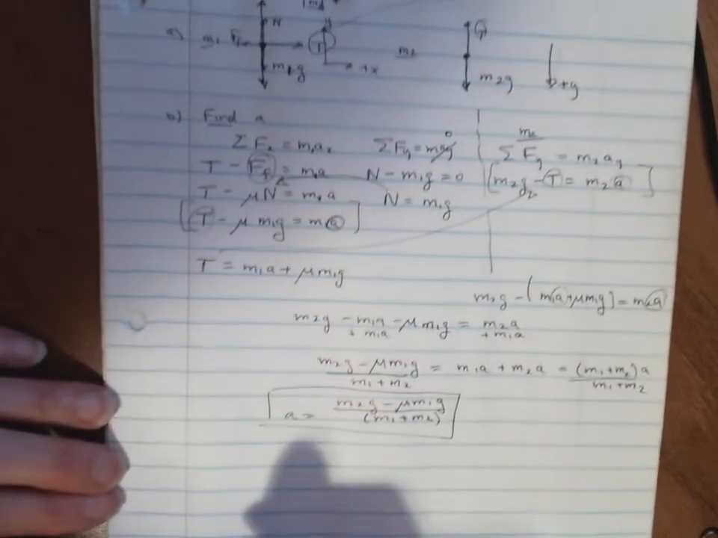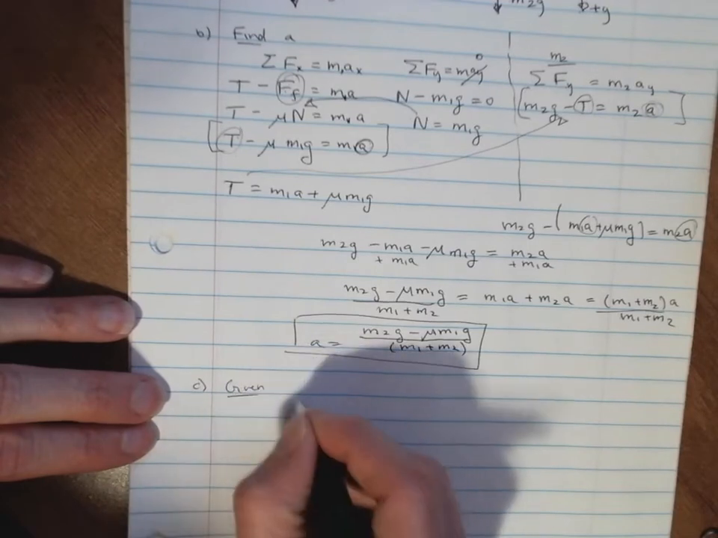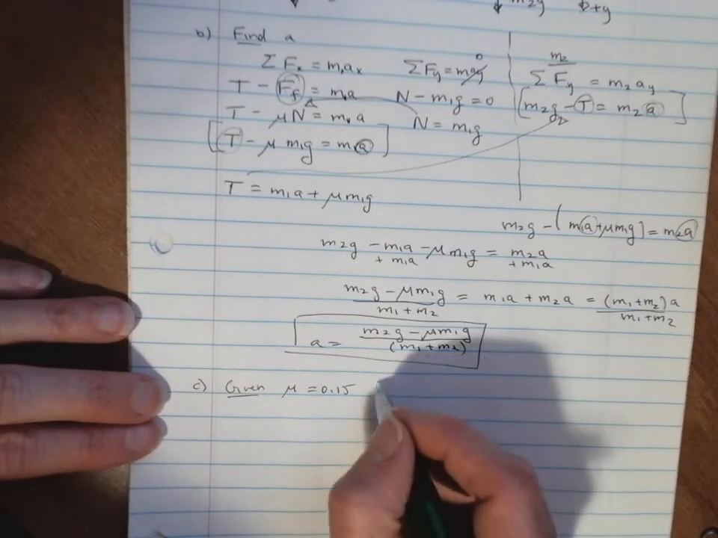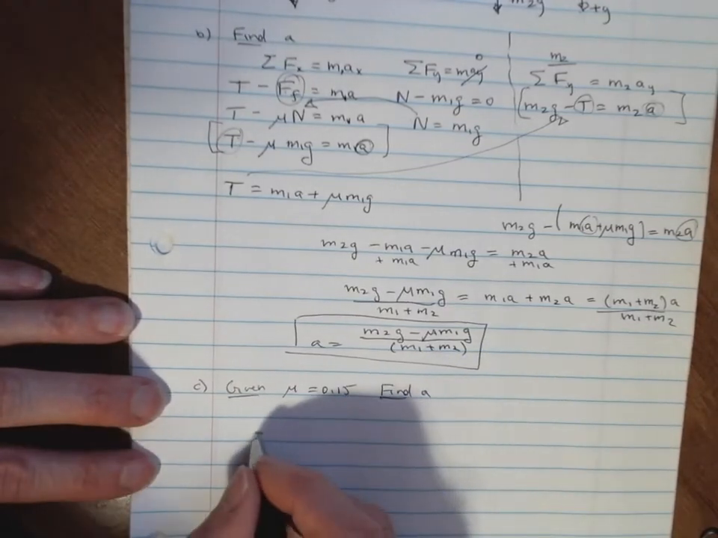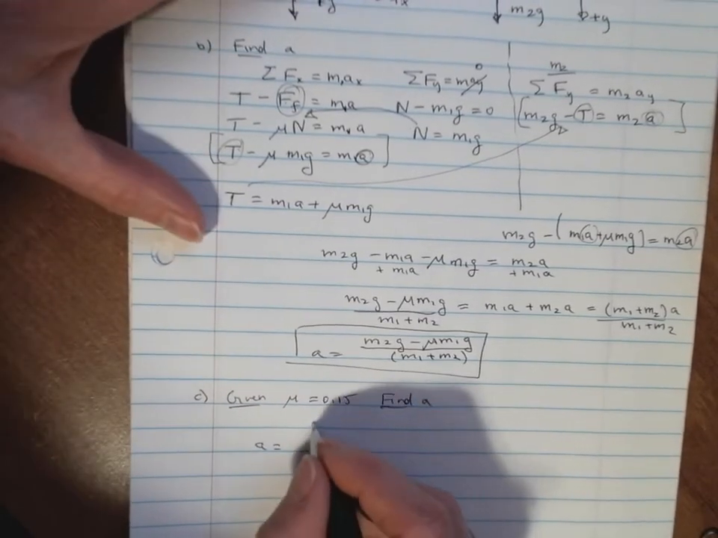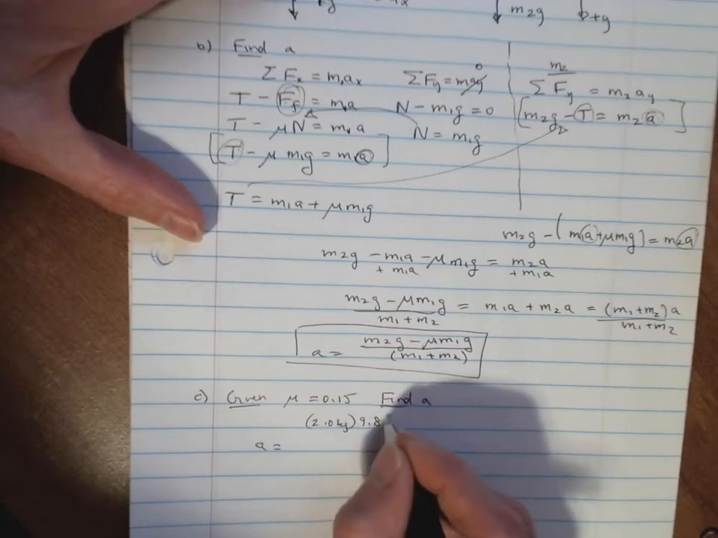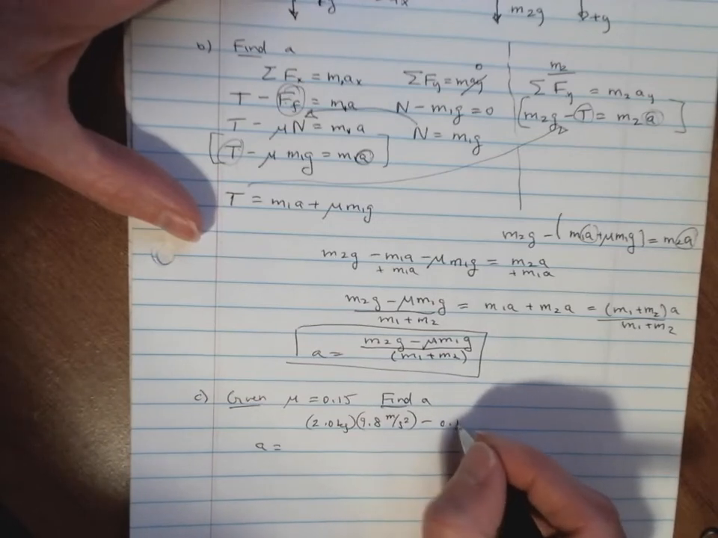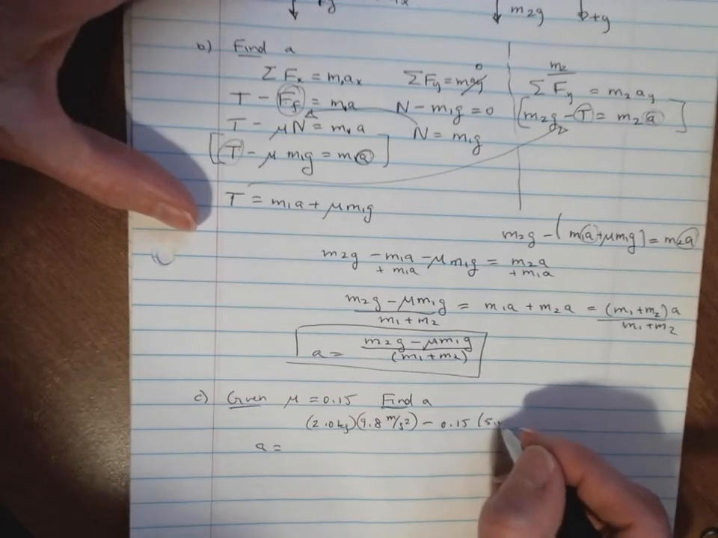Alright, so then part C is basically just asking me to plug in. It says, given that the coefficient of friction, mu, equals 0.15, find the acceleration. Okay, so now I just need to plug in. So my acceleration is m2, which is 2 kilograms, times the acceleration of gravity, 9.8 meters per second squared, minus my coefficient of friction, 0.15, times m1, which is 5 kilograms,